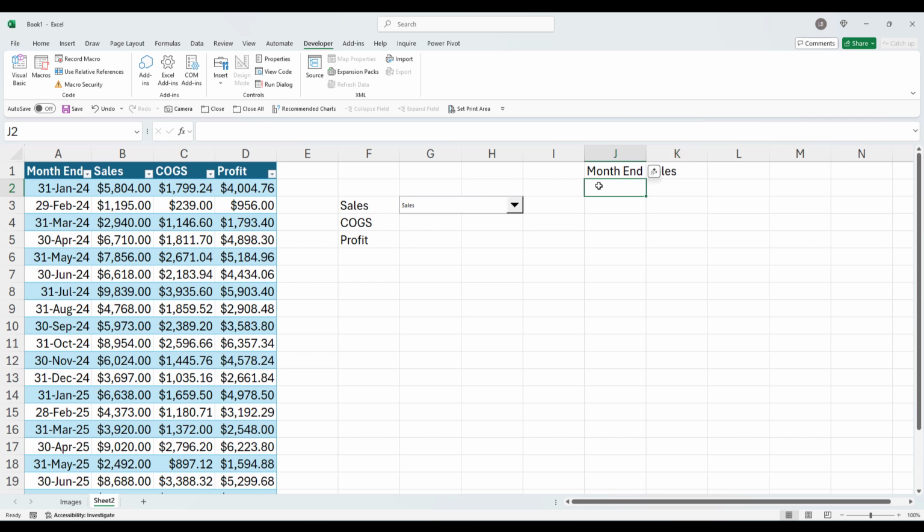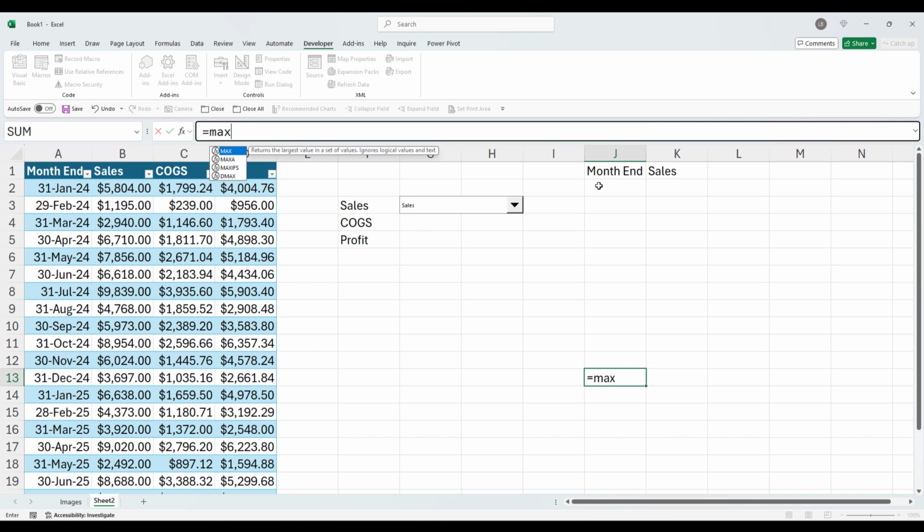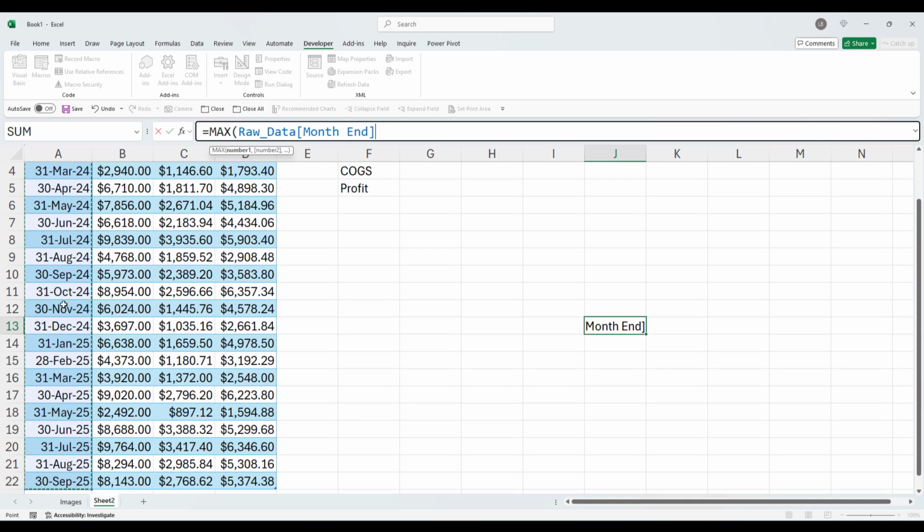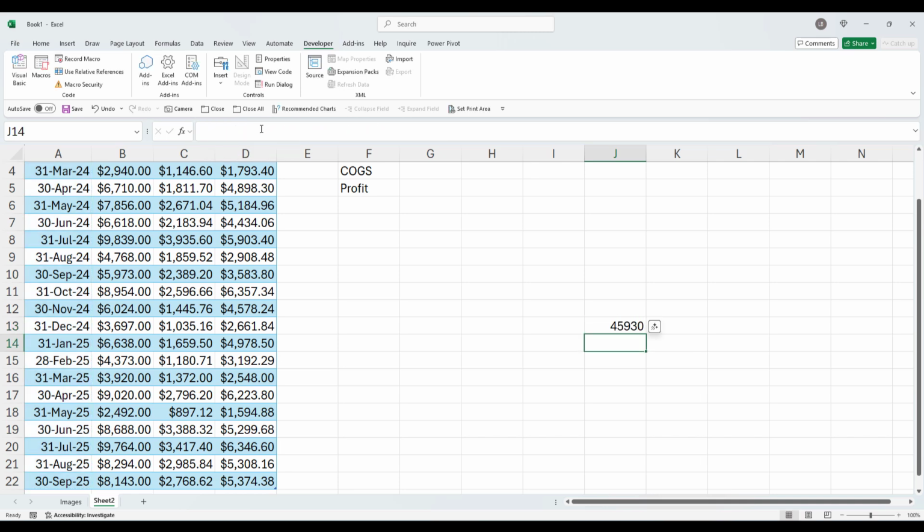So, and then I'm going to go down to row 13 here in the month end one and make this equal to the max, open brackets, and highlight starting cell A2, Control Shift down arrow. So I've got the whole range. That means the maximum of the month end column in the raw data table. And that gives me